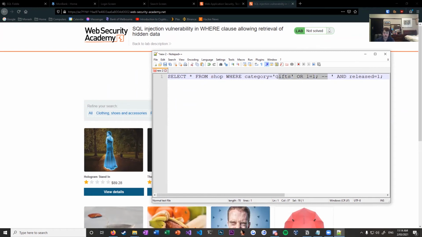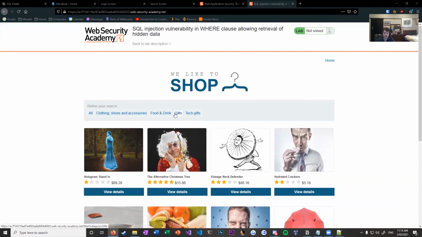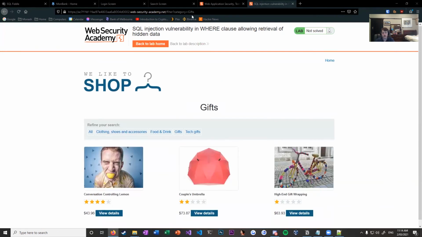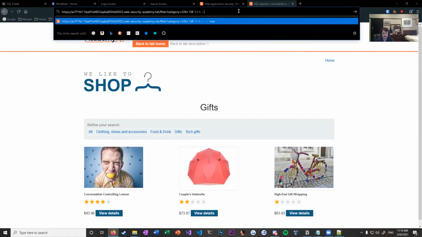Let's try copying this and seeing what happens. Now, if we go here, the injection point in this case is in the URL, because the GET parameter in the request being sent to the server is taking these arguments. And so by changing this, we can change what query is being constructed. So if we do this,